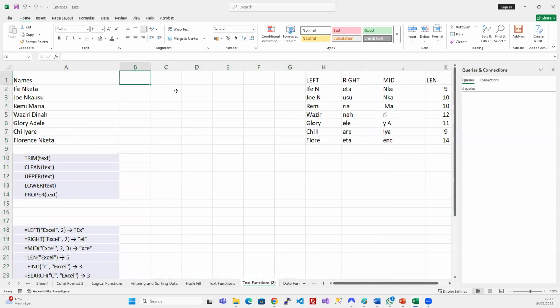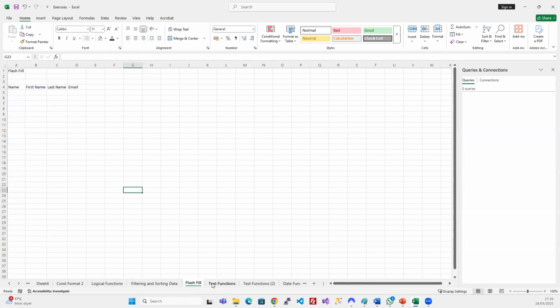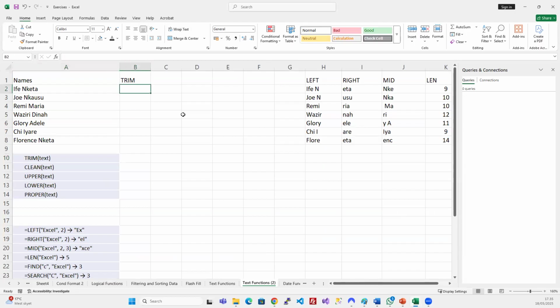So let's see trim. All right. So the trim function, well, the description is here. It removes any white spaces from both extremes of the text. Okay. So if I had, let's say, a space at the beginning of my name, for example, so there's a space there. But if I trimmed it,